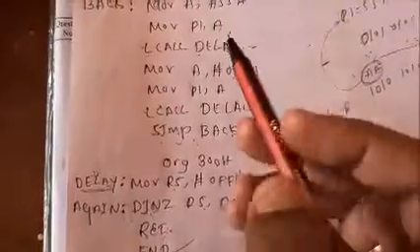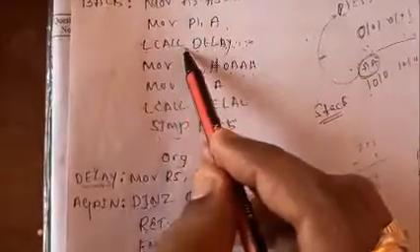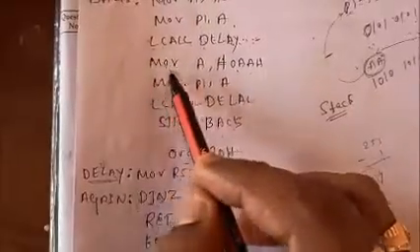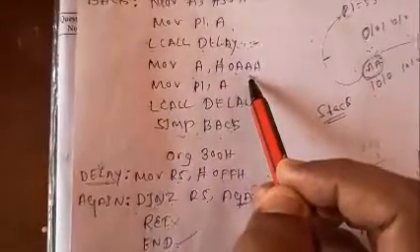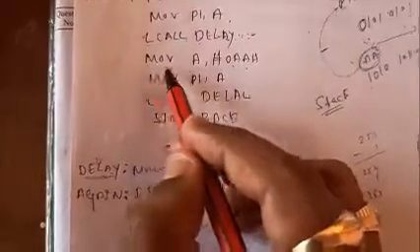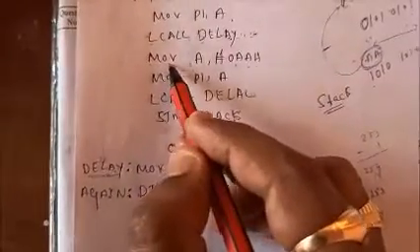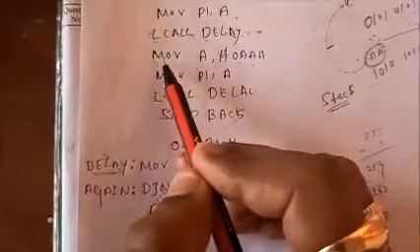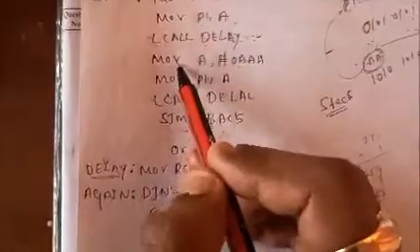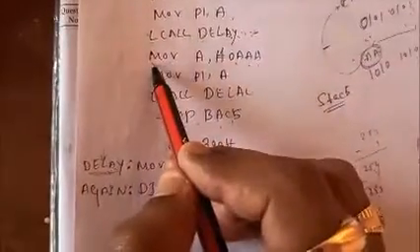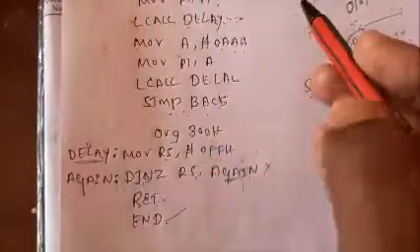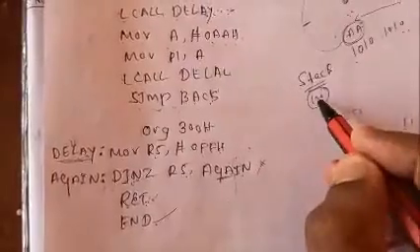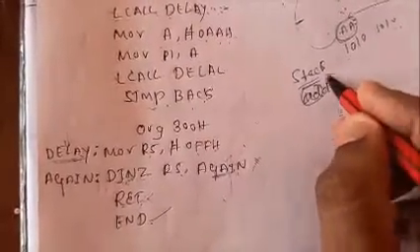So what will happen with the stack? Whenever this call instruction occurs, is it clear? Which line is the next line here? The next instruction is MOV A, #0D0H. Listen very carefully: whatever the address of the next instruction below the LCALL, so LCALL is here, and below this line means MOV A, this one. Whatever this address is, it is going to be stored in the stack. This address will be stored in the stack only.